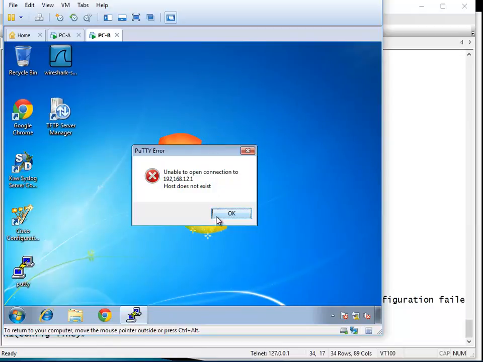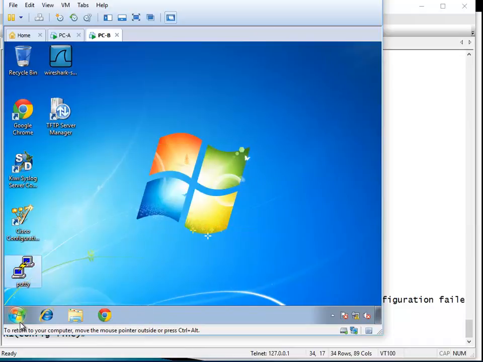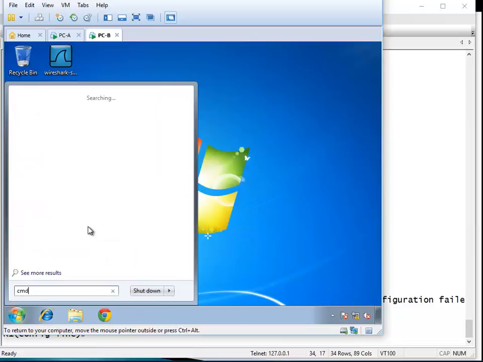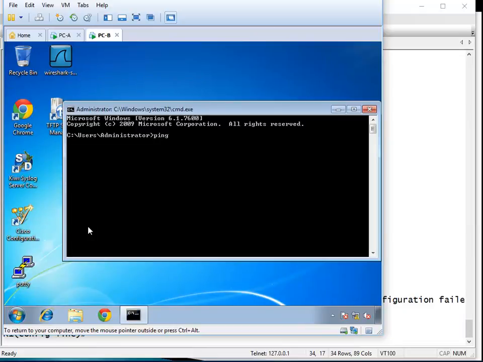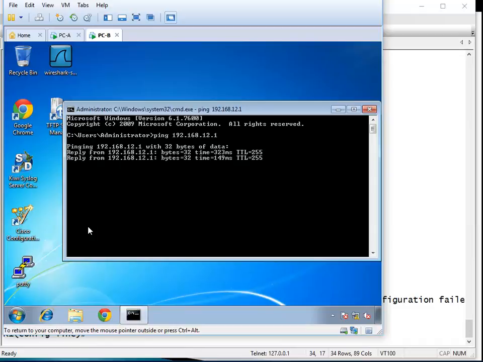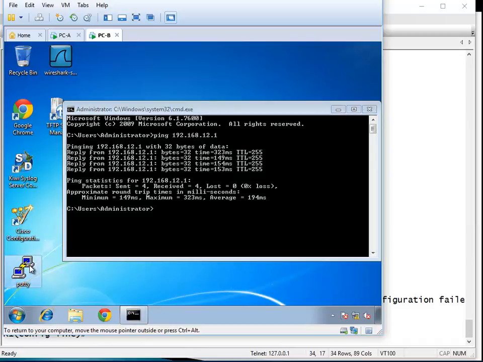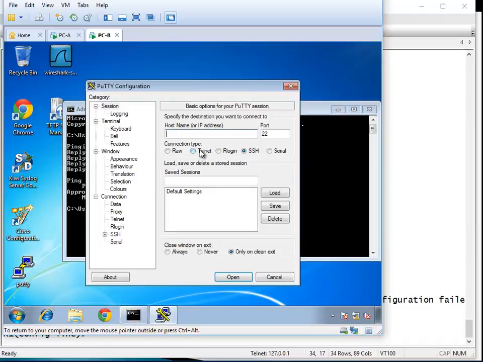Unable to communicate, host does not exist. Really? Okay, let me try again. CMD, ping 192.168.12.1. Yep, we can ping that, so we should be able to telnet